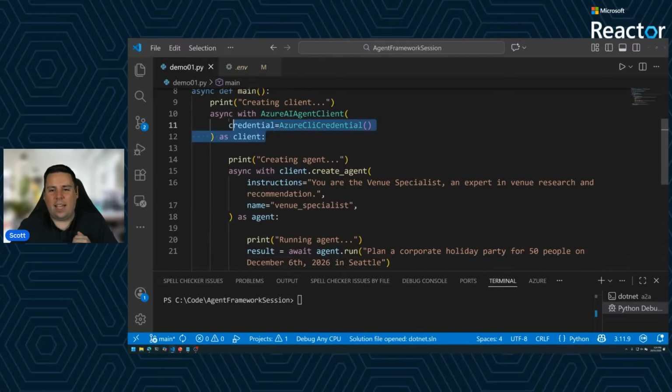We have at the top here the agent client that we're using, but create agent is actually just a generic method. I could switch this across to a completely different agent platform, or one that runs locally in memory, or the responses API for OpenAI. This gives you the ability to switch out clients without necessarily having to change your agent creation.